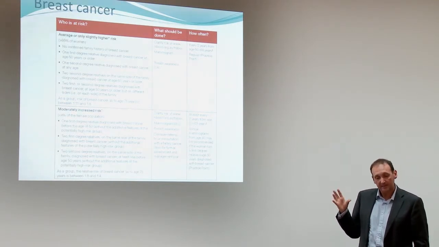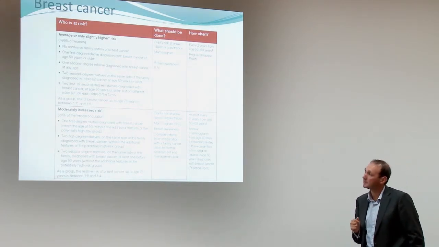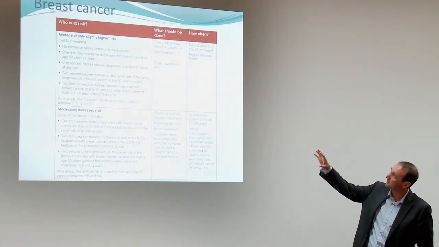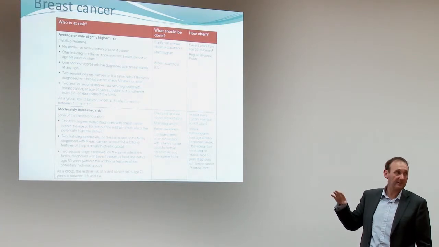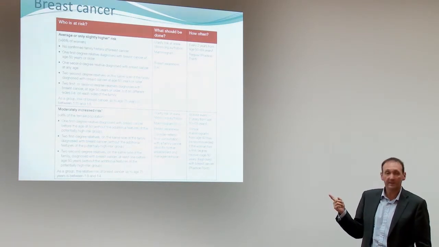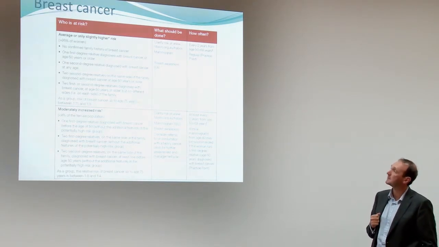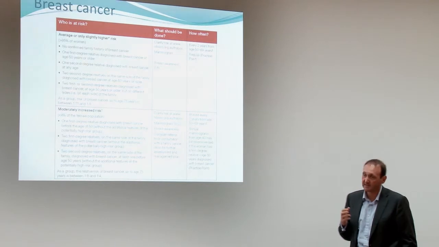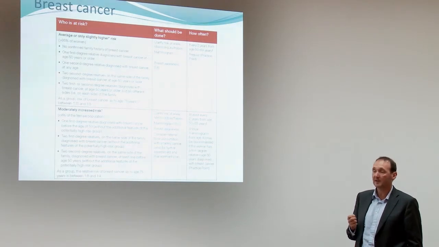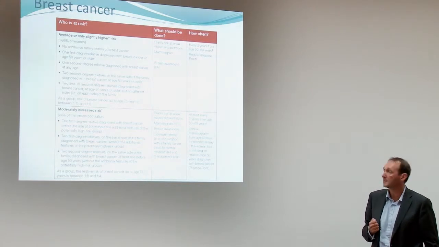For breast cancer, it categorises women into 3 levels of risk: average, moderate and high risk. With the family history questionnaire, essentially what we have tried to do is set the cut-off between average and anyone at increased risk. So within the people who answer yes, most of them will fall in the moderately increased risk, but there will be some who fall in the high risk group that I'll come to in a moment. And the importance of that is obviously the screening criteria and recommendations are different if you're at moderate versus high risk. And so about 4% of the female population are at moderately increased risk of breast cancer.